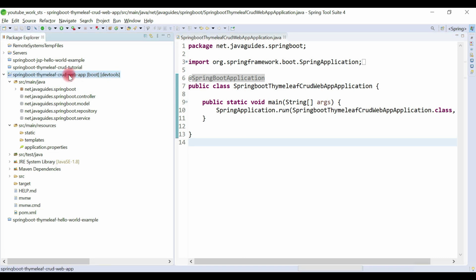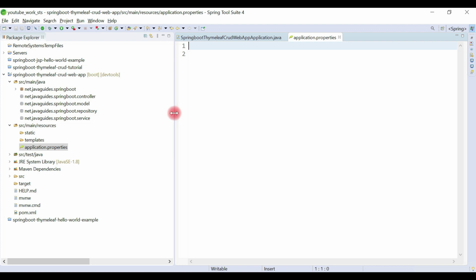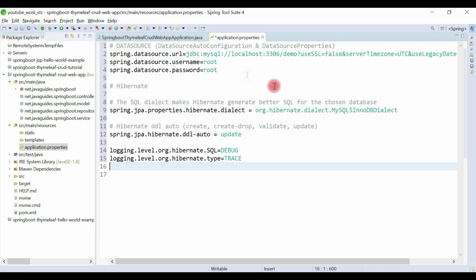Now we have created a project packaging structure. Now we will configure a database. Open the application.properties file, and here we configure the MySQL database. Look here, this is the JDBC URL for the MySQL database, and we're going to use demo as our database.